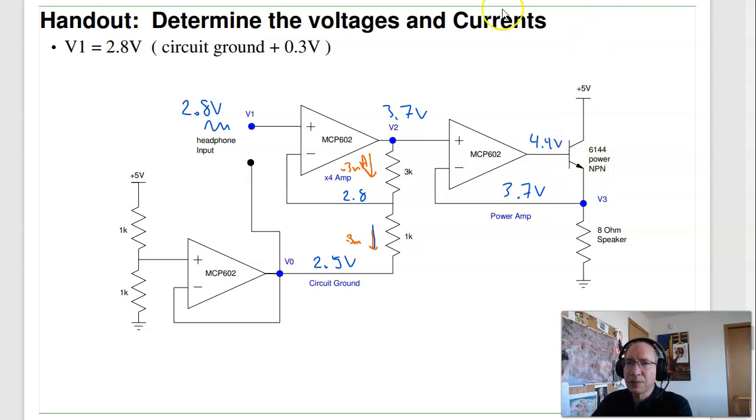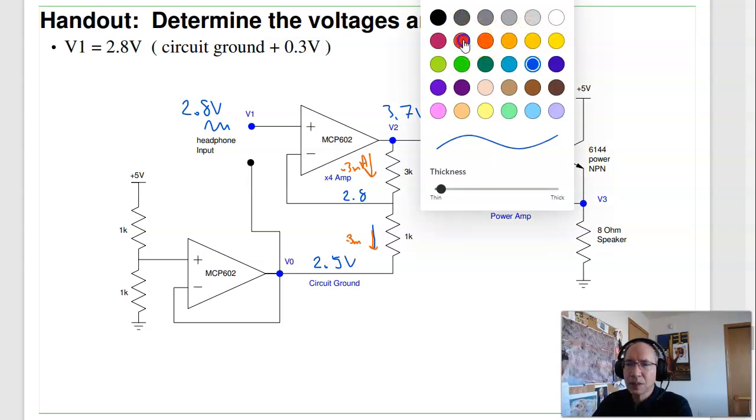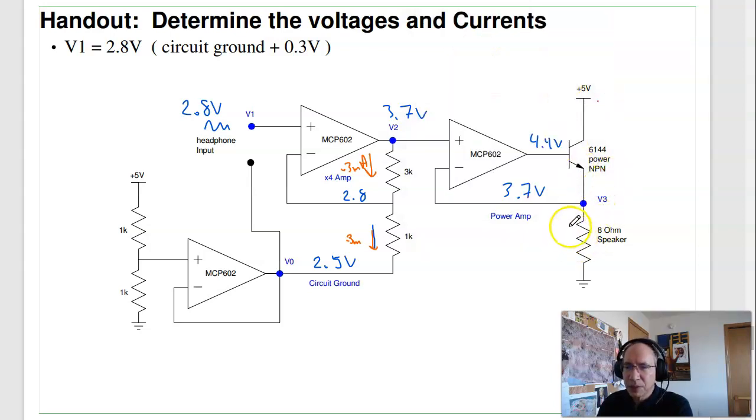And the current is 3.7 volts at 8 ohms, which is 463 milliamps. That current, this has a gain of 300. This current will be 463 over beta plus 1. Yeah, about 1.5 milliamps. The op amp can do that. And this will be the remainder. Okay, so notice,